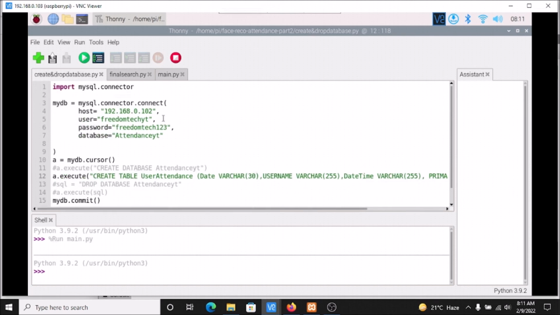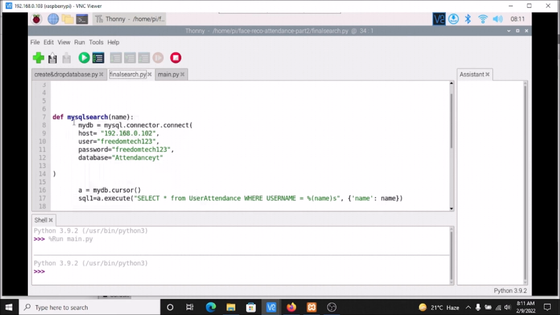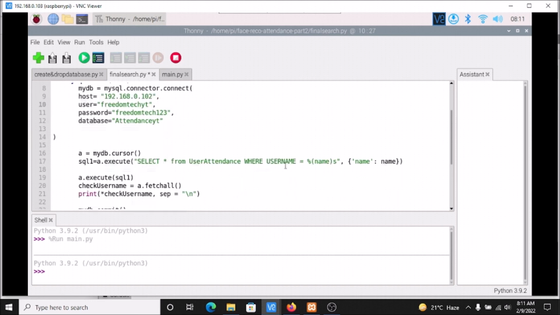Now, how do we search an entry? For that I have created a final search.py, and here also it is the same. This is our function, MySQL search, with the name inside it, and the same things: the MyDB host name, and the user, which we need to change. So Freedom Tech YT is our user, the password is the same, and the database is also the same. Then this is the query, which will search